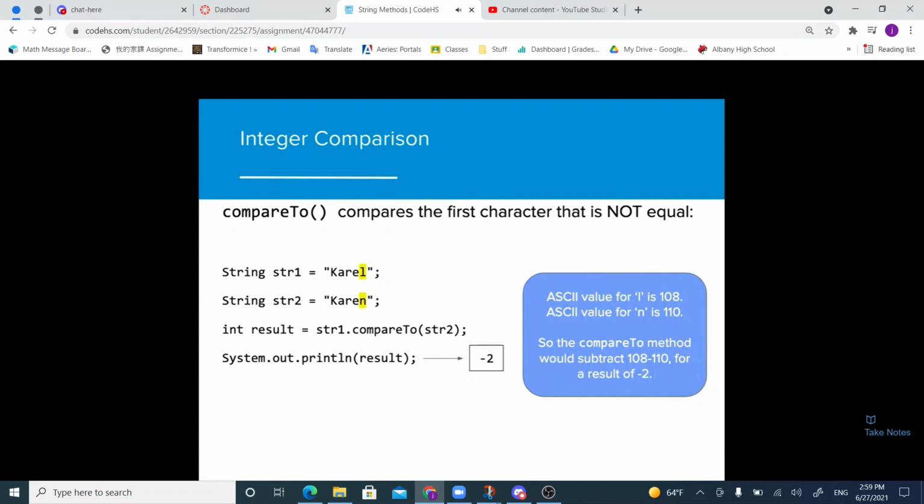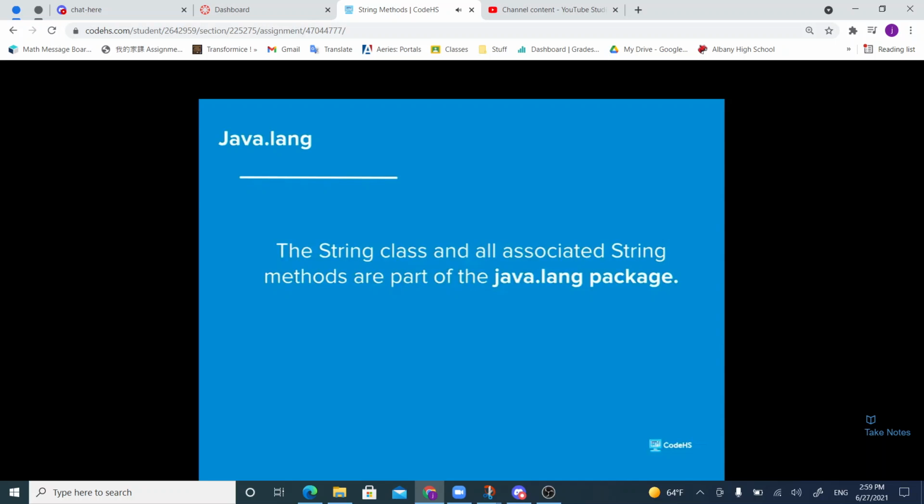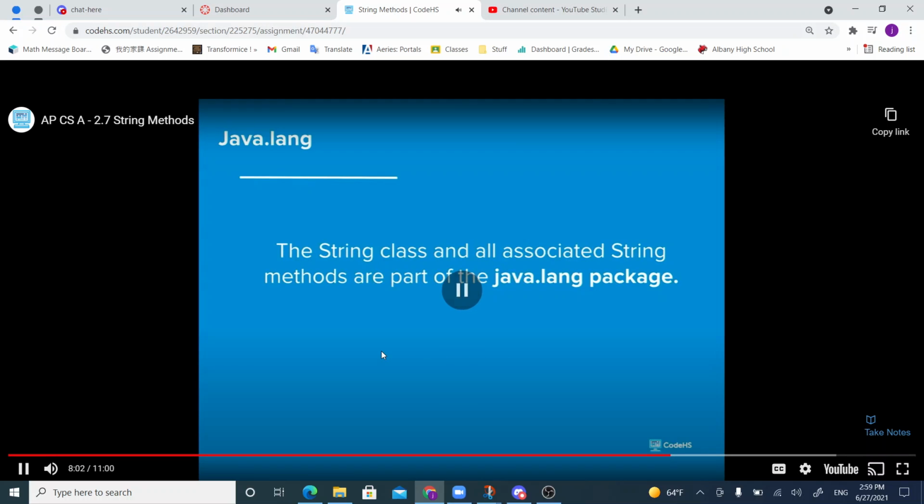Now that we've learned about some of the methods, it's important that we learn a little bit about where the string class can be found. The string class and all of its associated methods